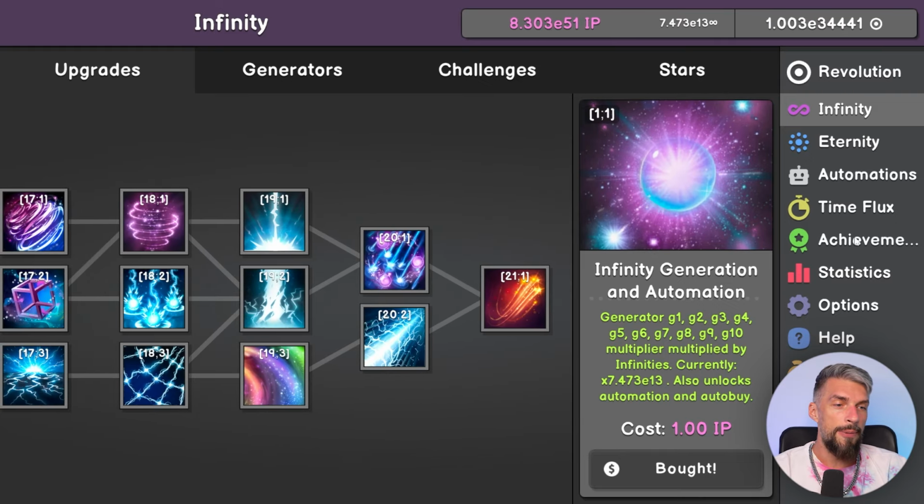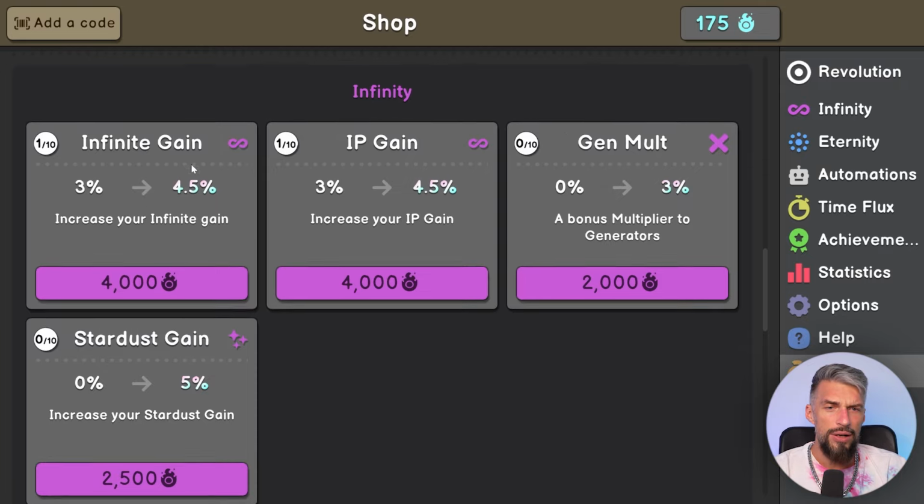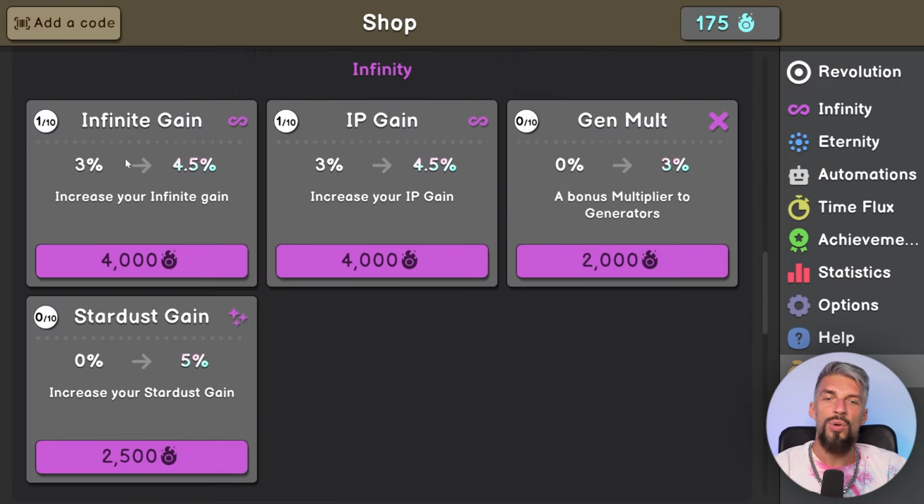So basically, those upgrades will allow you to get more infinities, and I have infinite gain, which is 3%, which helps you to gain infinity faster. I think, I don't know, there is no description again. So infinite gain is pretty good here. IP gain, infinity points gain, is good as well, but